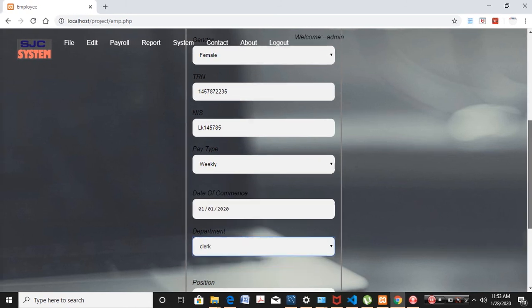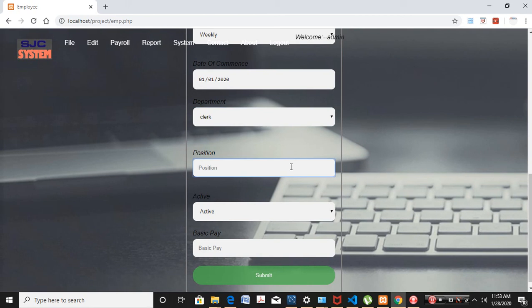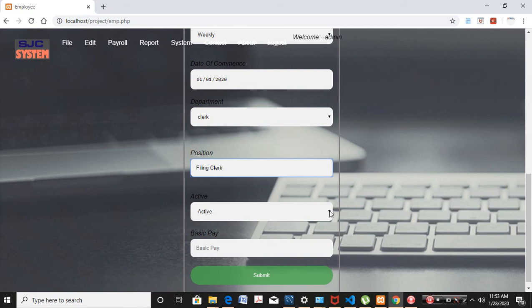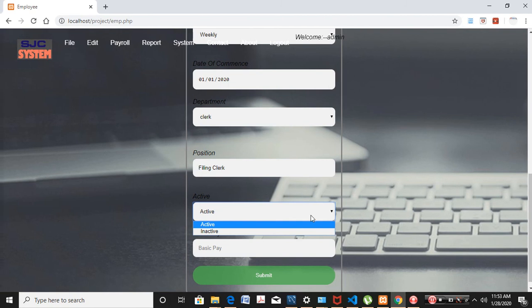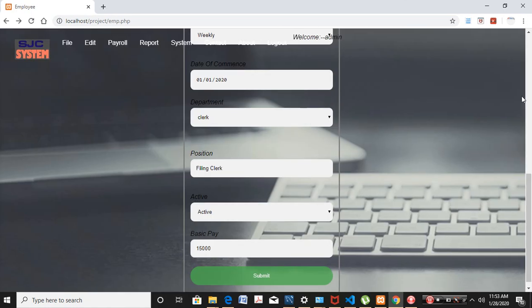So we're going to say Miss Black. Position, she's a filing clerk. She's an active employee. If she's been dismissed or she resigned, then we switch it over to inactive, but for now she's an active employee. We start off her with 15,000 Jamaican dollars per month. So let's save that information, and we are back